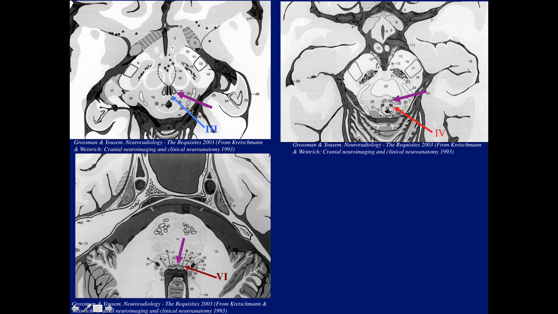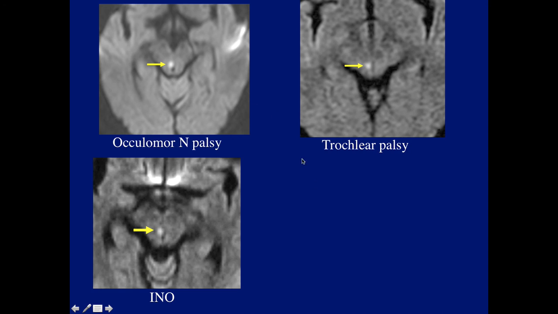Again, in blue, the third, MLF in purple, and here the fourth nerve. And the sixth nerve is not an issue, as you'll see next week, because that's way down and it's easier to identify. But the MLF, the third and the fourth, are very similar, and it's really very difficult to separate them unless you have some clinical information to help you, or some very high quality thin T2s, which we rarely ever do at this high level.